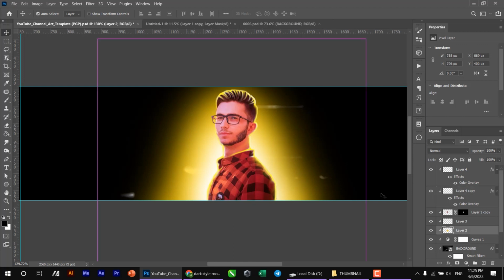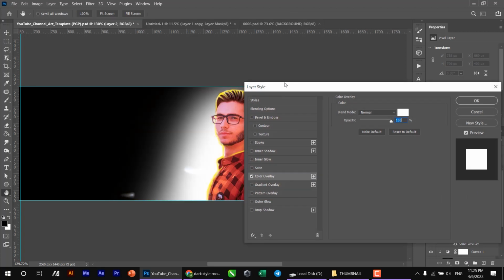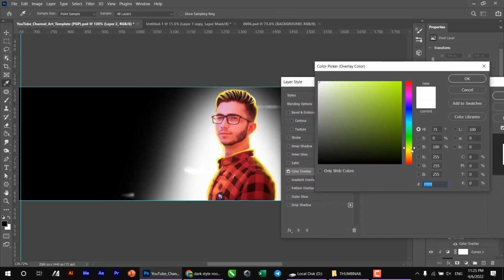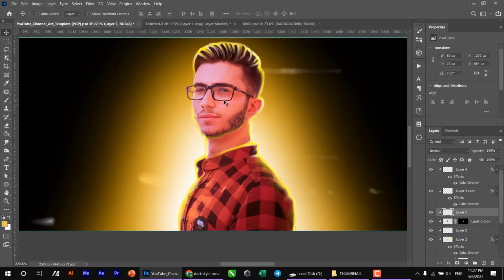And there you go. You can of course adjust this color overlay. Let's make it just like that, a little bit orange. There we go. So after you're done with the glow effects around the body, just go and select the body